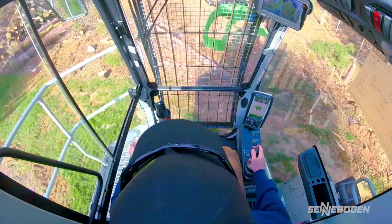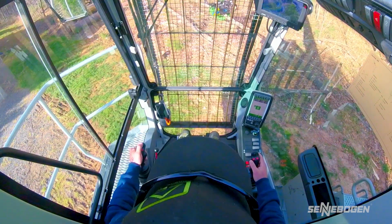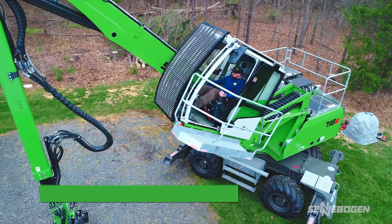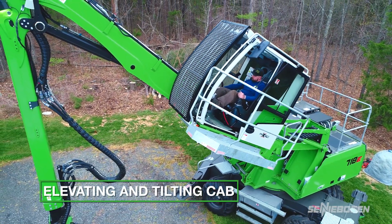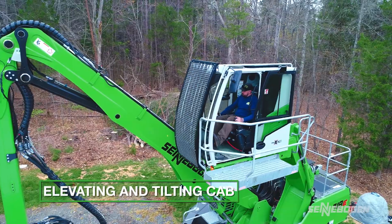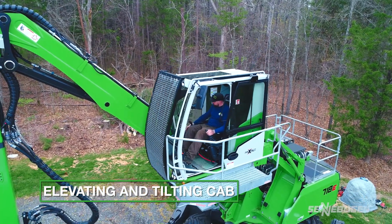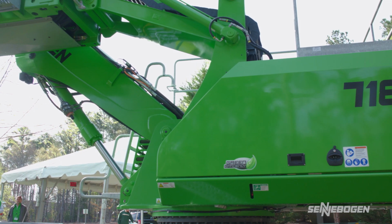Inside the cab, of course, air conditioning, heating, an air suspended seat, a heated seat, ideal operating conditions. The cab elevates up to an eye level of the operator of 18 feet. On top of elevating, the cab tilts back 30 degrees. So if you're working on a high tree, you can position yourself in an ideal position for visibility. From here you can see